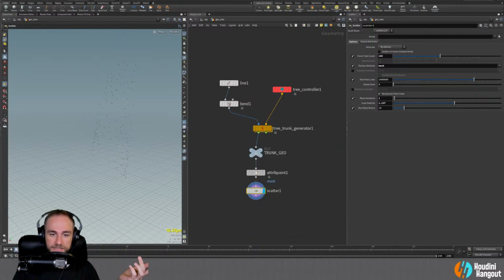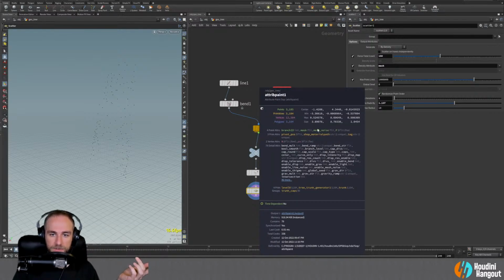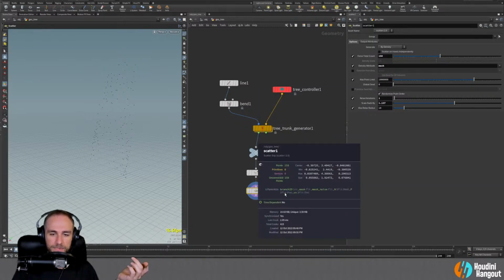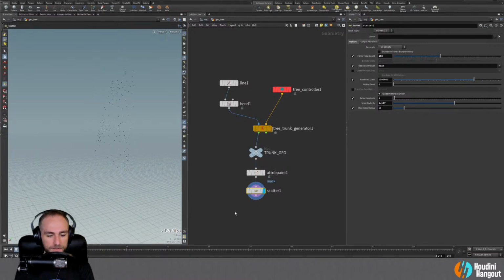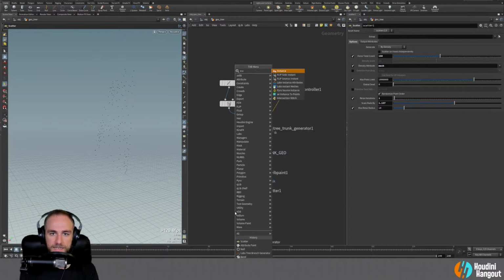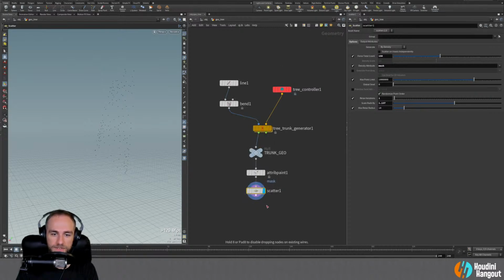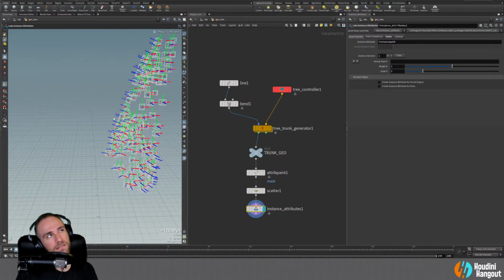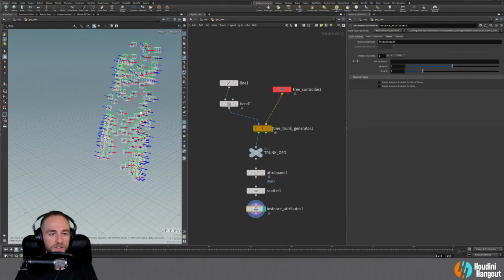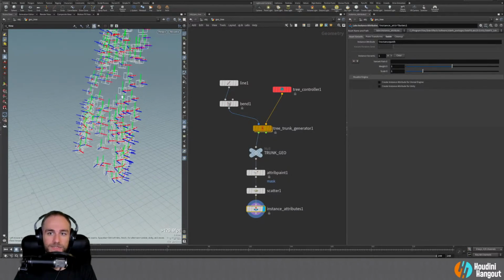So there's UVs on here as well, normals. So all these things here, point attributes. Now the primitive attributes, I don't think, yeah, they don't get copied over. So anyways, we've got 150 points here. The other thing that I found recently is this instance attributes, which is a really fun little node, again from Labs. And I think we talked about this maybe last time. I don't remember when it was, but it's a really fun way to visualize what you're doing with